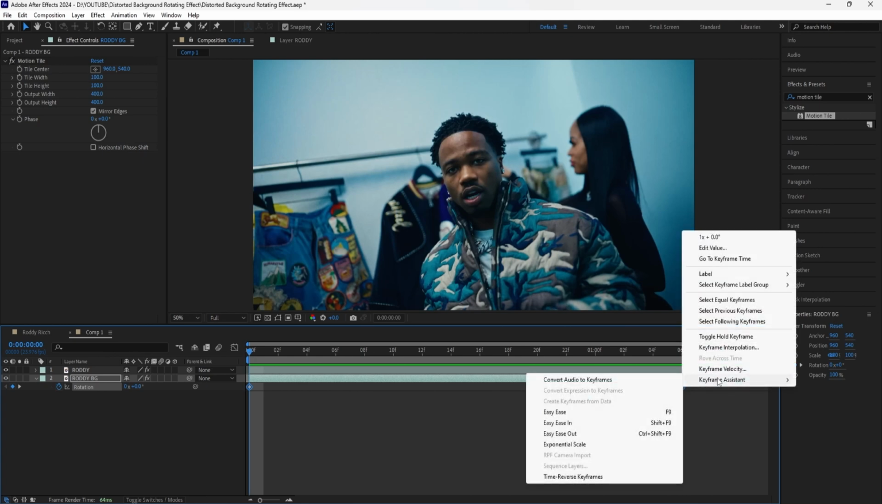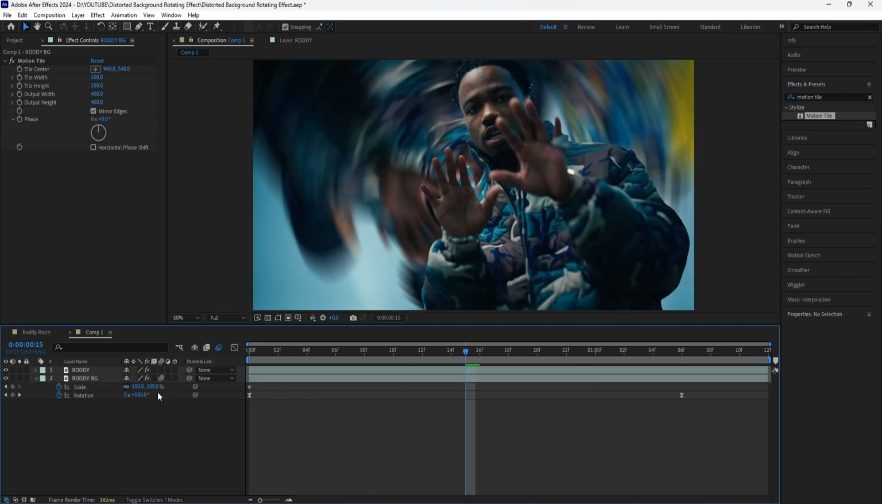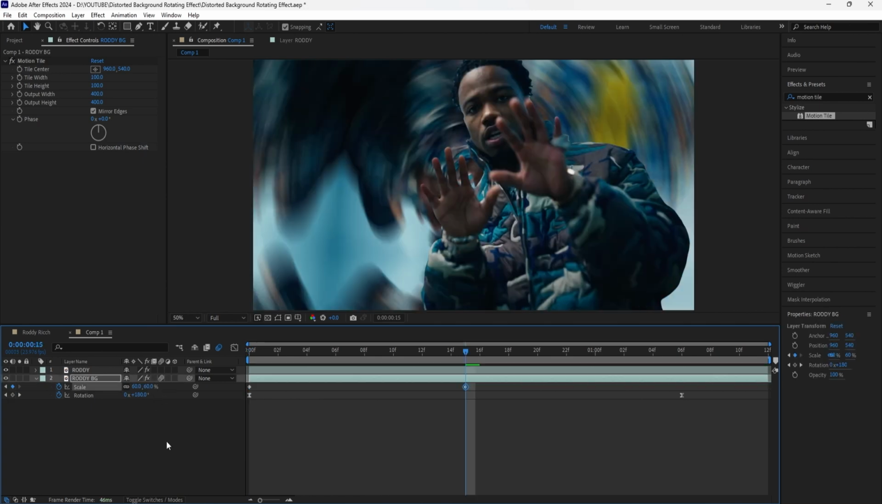So select the keyframes, Keyframe Assistant, and then Easy Ease, and also make sure to turn on the motion blur. What we're also going to do is keyframe the scale. We're going to keyframe the scale at 100% in the beginning. I'm going to go forward 15 frames, and I'm going to keyframe the scale at 60% just so it has